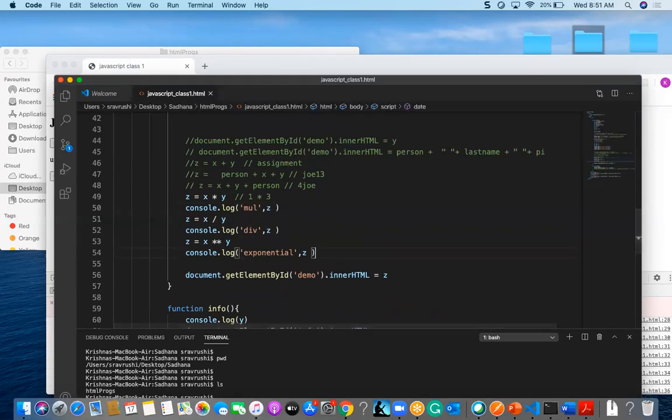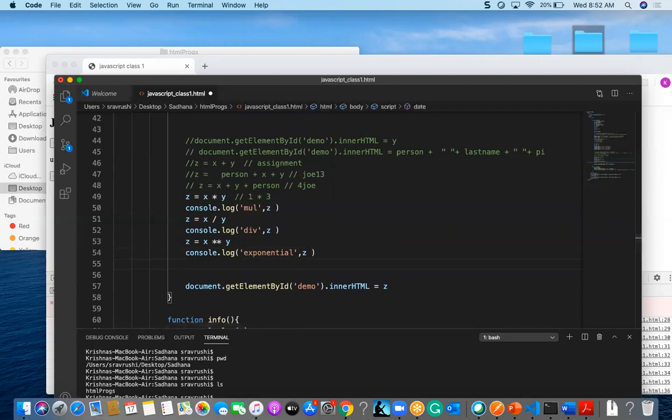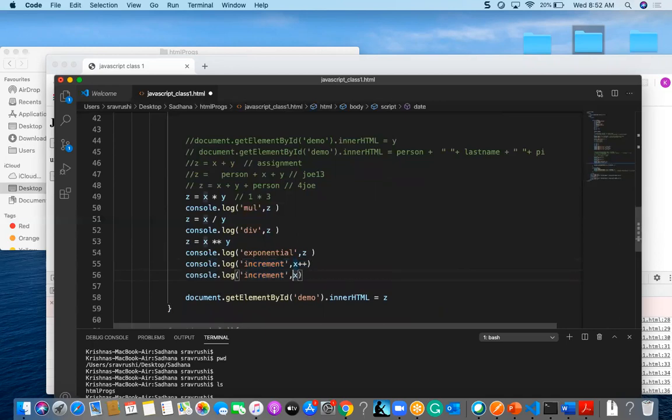And also we have the increment operator, that is console.log of x plus plus. X plus plus is increment, and this is preceding, plus plus x, increment. Here it is x plus plus.